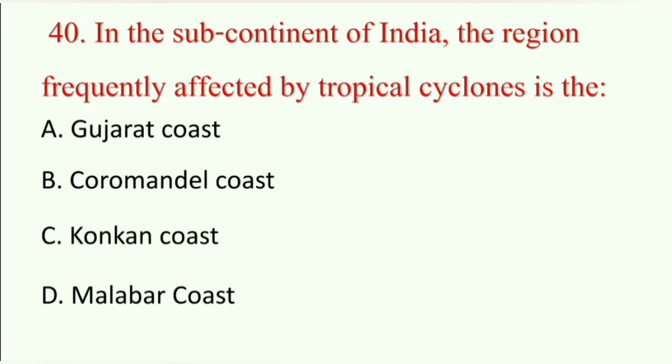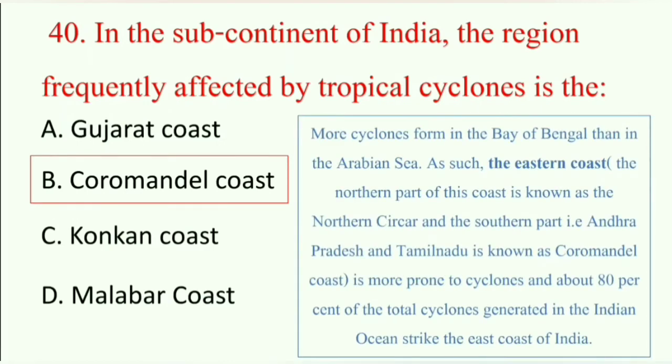In the subcontinent of India, the region frequently affected by tropical cyclones is the, answer B, Coromandel coast. More cyclones form in the Bay of Bengal than in the Arabian Sea. As such, the eastern coast, the northern part of this coast, is known as the Northern Circles, and the southern part, that is Andhra Pradesh and Tamil Nadu, is known as Coromandel coast. It's more prone to cyclones, and about 80% of the total cyclones generated in the Indian Ocean strike the east